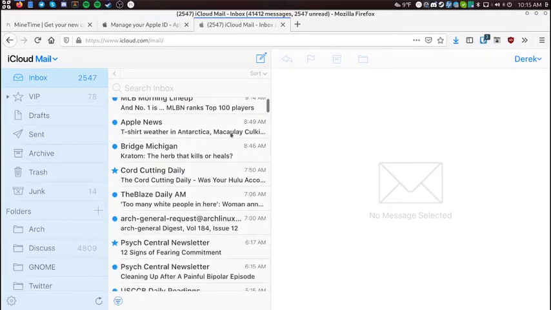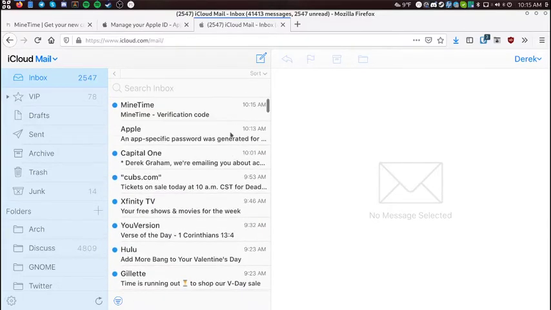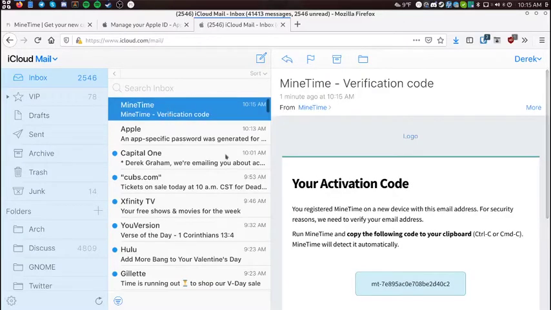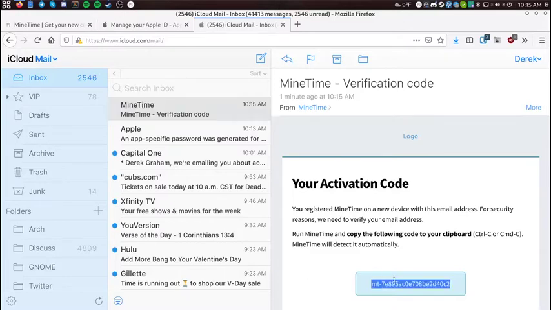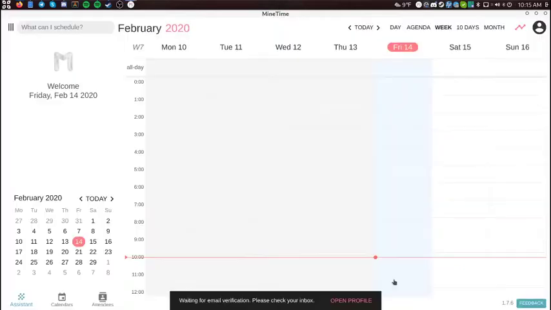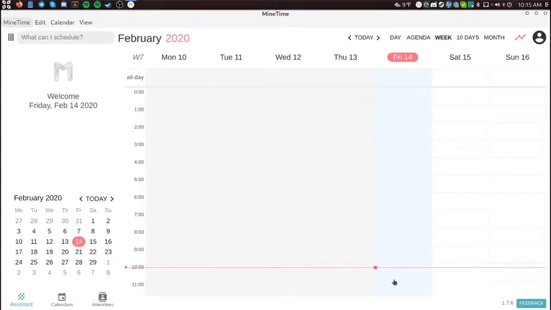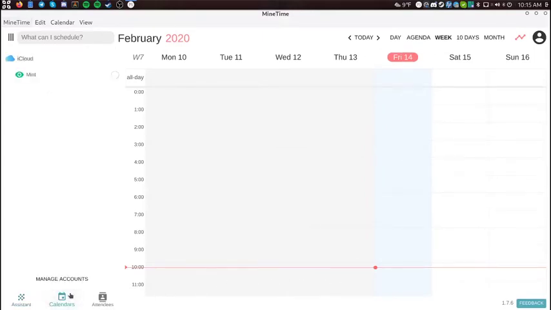Alright, normally it shows up in here, so here we go. Verification code. All you have to do is select it and copy it, and we have access. Now, right now it's only showing one of my calendars. If we wanted to actually be able to set this up, there are a few things that we gotta do